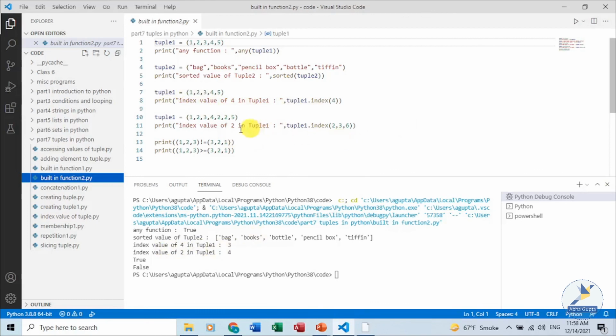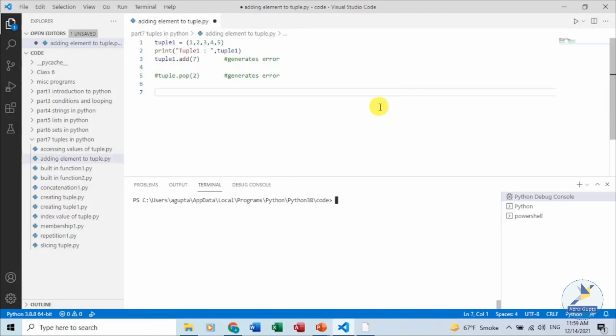Starting from the 3rd position, we got the index of 2 as 4, that is its position at the 4th place. Then this tuple and this tuple are not equal, and tuple 1 to 3 is not greater than 3 to 1. So it has given me false as the answer.